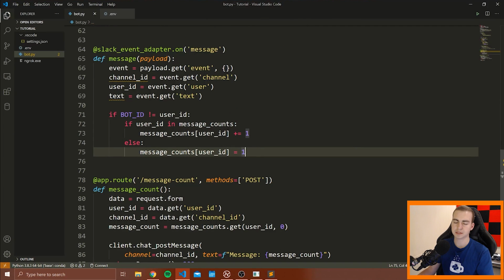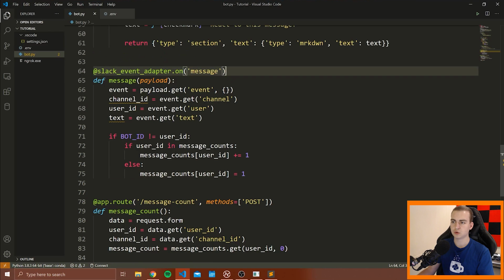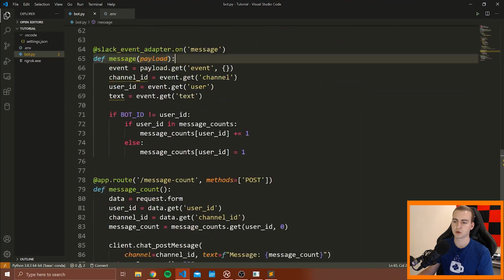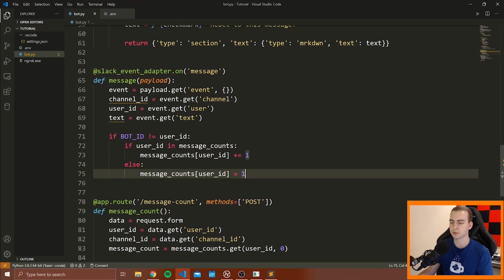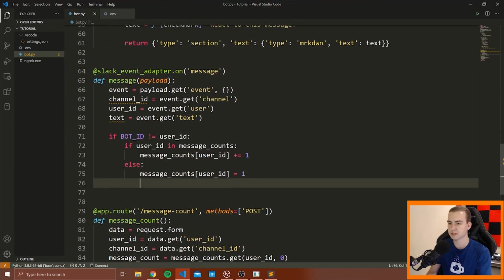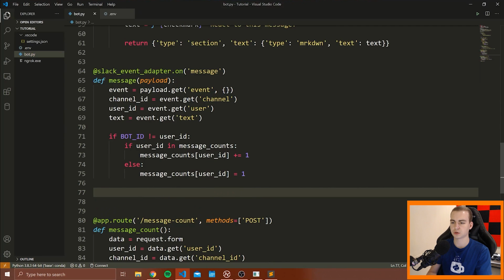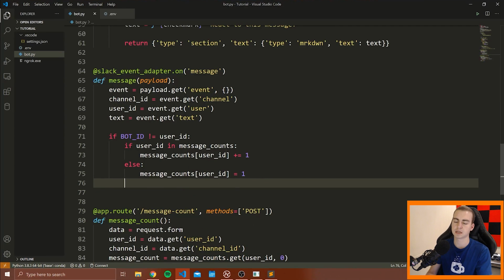So we could technically send this when the user joins the server. To do that, you would need to link up another event here. So you'd have an event for on team join, or I think that's what it is, team-join, and then you could send that message. But since I can't rejoin this because I'm the owner of this workspace, I can't show you how that works. So I'm just going to show you how we can send this if they send text that is a